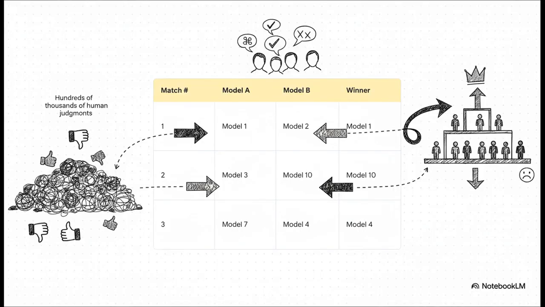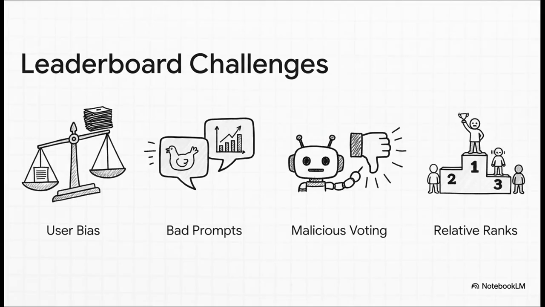And when you do this, not once, not twice, but hundreds of thousands, even millions of times, you end up with this enormous data set of wins and losses. This entire match history then gets fed into a rating system to create a public leaderboard, ranking all the models from best to worst, all based on what people collectively think. But, and this is a big but,